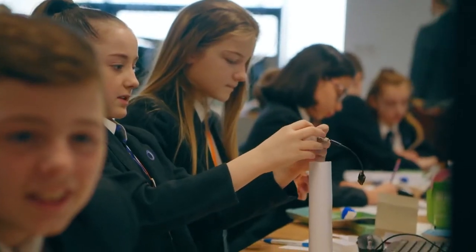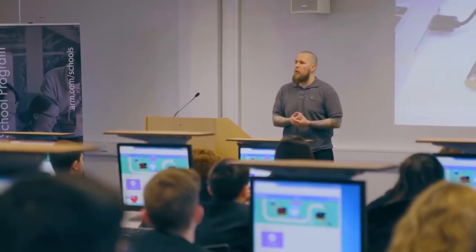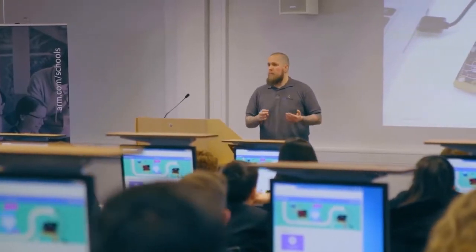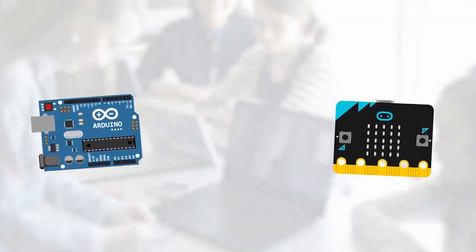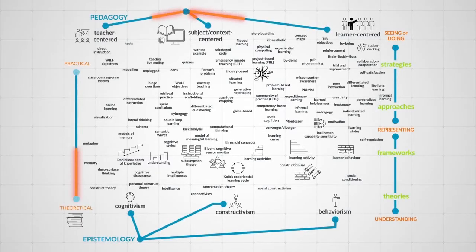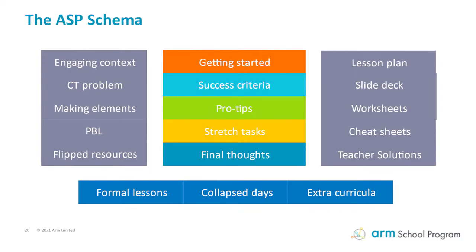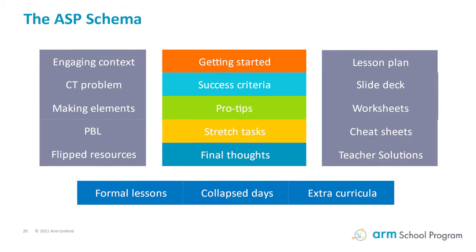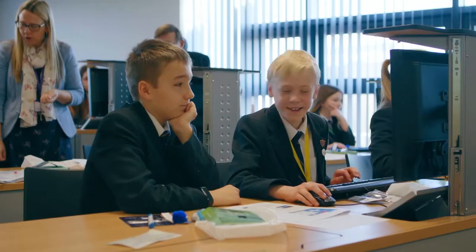The course dives into how learners learn, looking at the theoretical principles and orthodoxies that underpin project-based learning and physical computing. It also explores the learning landscape, which maps the interconnections between practice, theory, frameworks, approaches and strategies of project-based learning. We unpack the ARM School program's approach to project-based learning and look at how the schema is used to